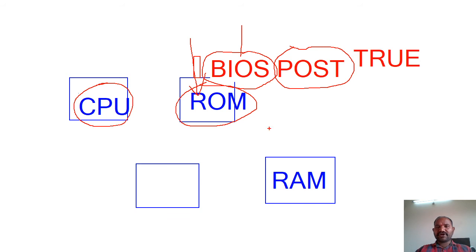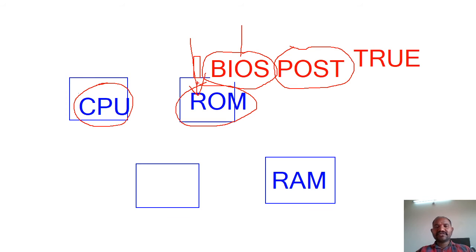For the power on self-test, everything is done, but now the CPU should come to know where exactly our operating system is residing, because ROM is a very small size. Let me take a simple example. During the olden days it was 10 MB, 20 MB, I'm just taking rough values, very small. Nowadays we have 512 MB also, which is still very small.